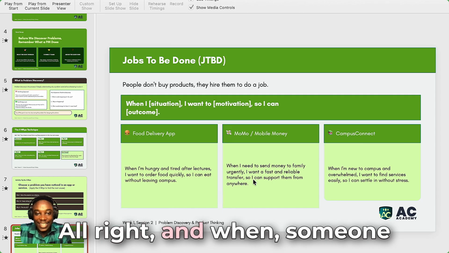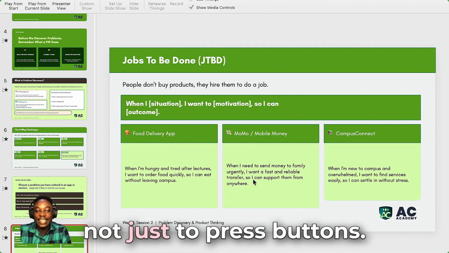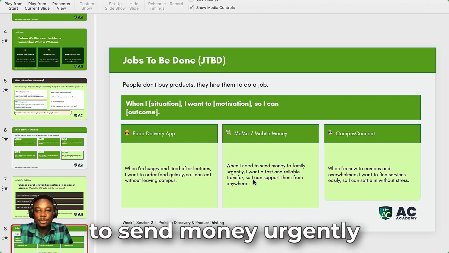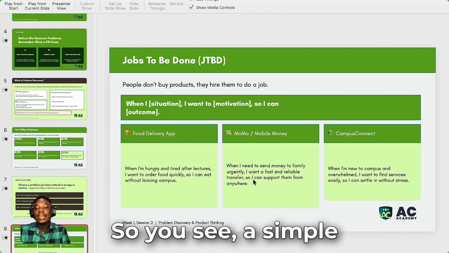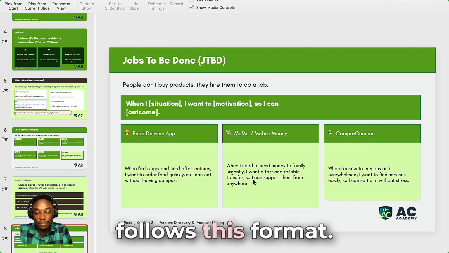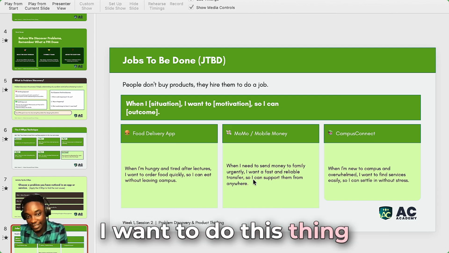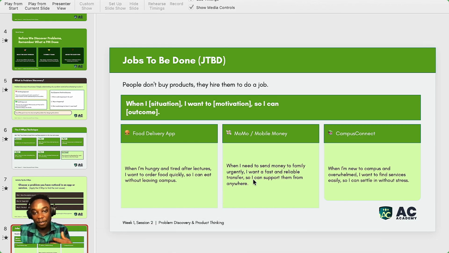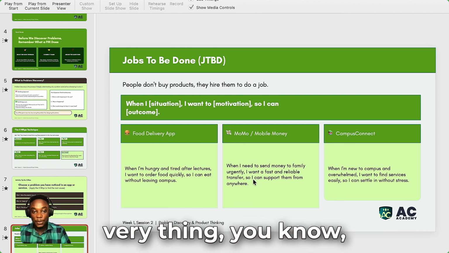And when someone uses MTN Momo, the job is not just to press buttons. The real job may be, I need to send money urgently so I can support someone from anywhere. So you see, a simple JTBD statement follows this format: When I am in this situation, I want to do this thing so I can get this outcome. Take it again. When I am in this situation, I want to do this very thing, so I can get